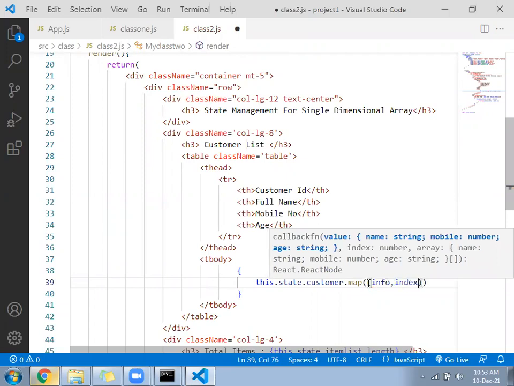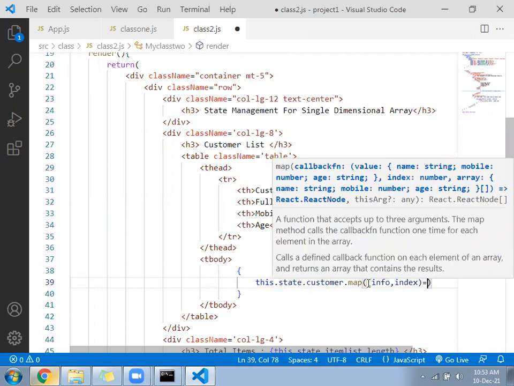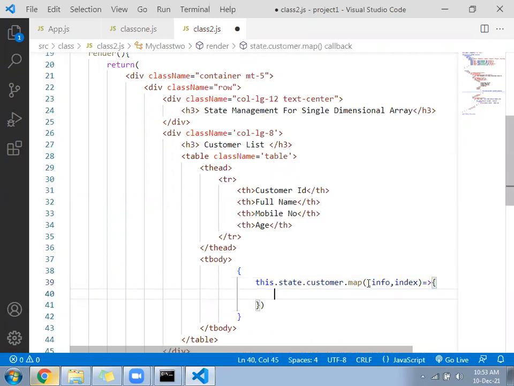Info is nothing but the individual customer. The individual customer details will come under the info.